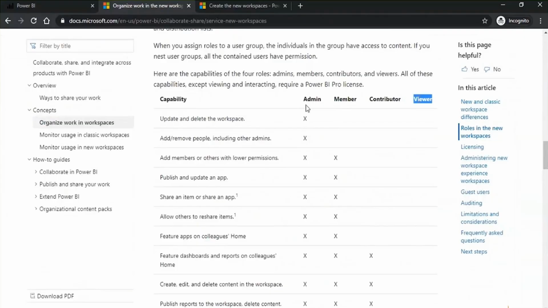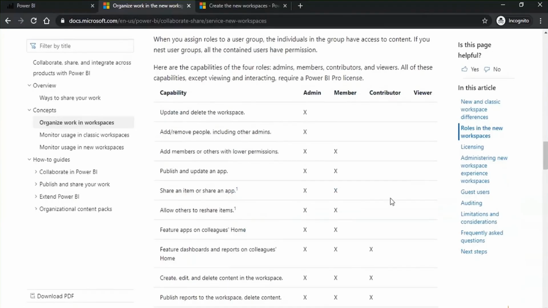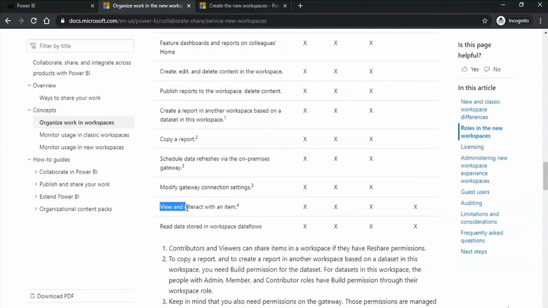Admin can update and delete the workspace. Admin can update and remove people including other admins. All other things admin can do. Member is not allowed to do these 2 things. In the same way, contributor is not allowed to do all these things. And viewer has only the access to view and interact with any item, meaning any report or dashboard, and can read the data from the dataflows.